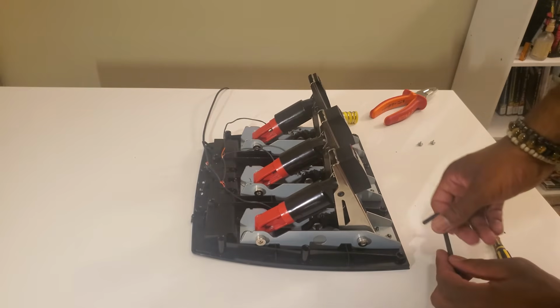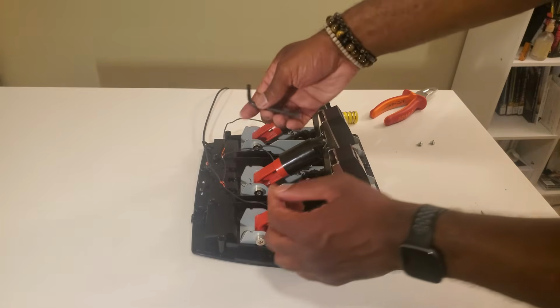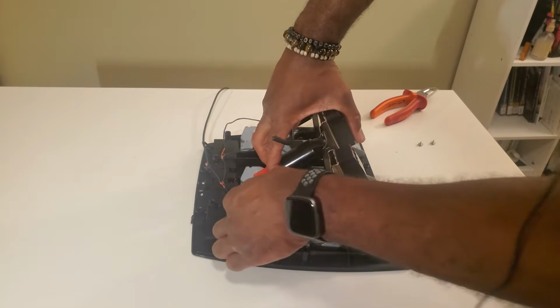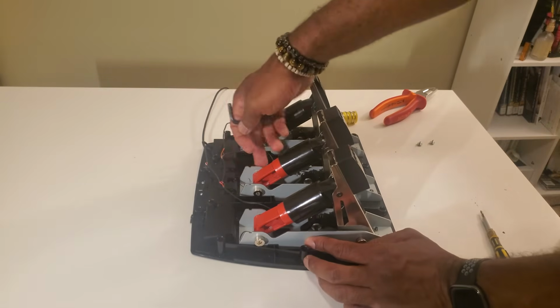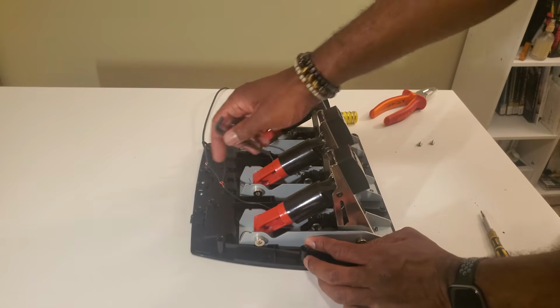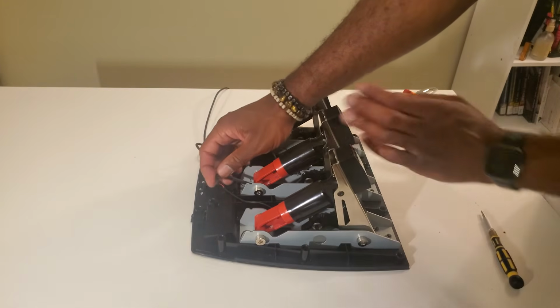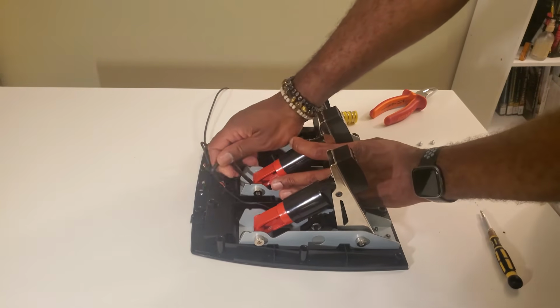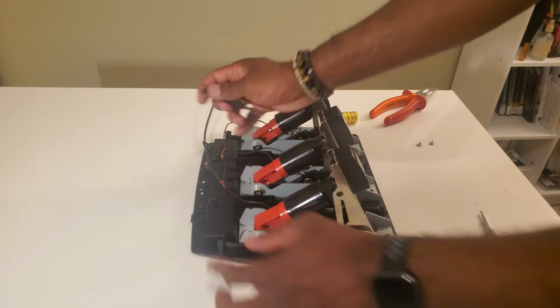So what you can do if you don't have an extra pair of hands, get something that will give you a little bit of leverage. If you can just squeeze it just enough to get just the head of the bolt in, or the tail of the bolt in, I should say, and try to line it up just enough, then you can squeeze something like this under here and pull back on it. That'll give you just enough leverage to work with it on this end to force it through